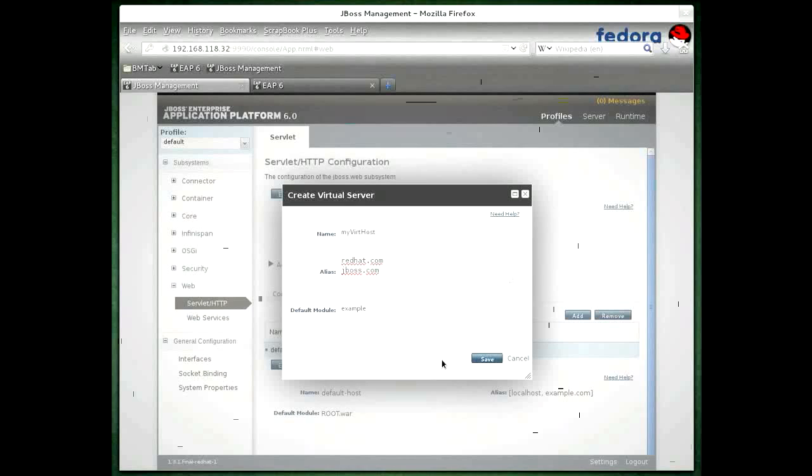It will set that to false. That is the boolean that enables or disables the standard welcome page. So if we save that,